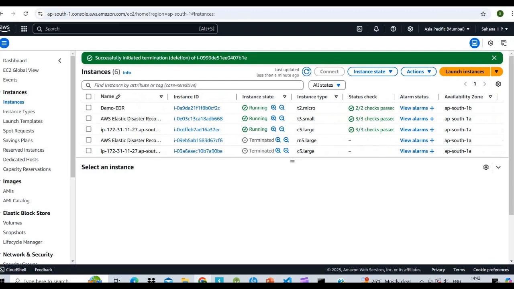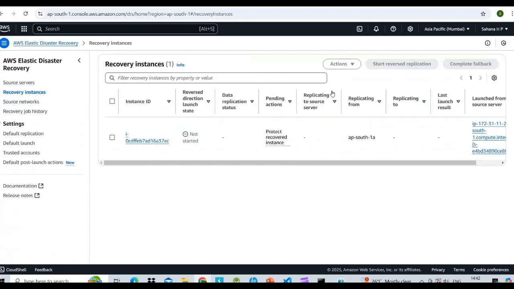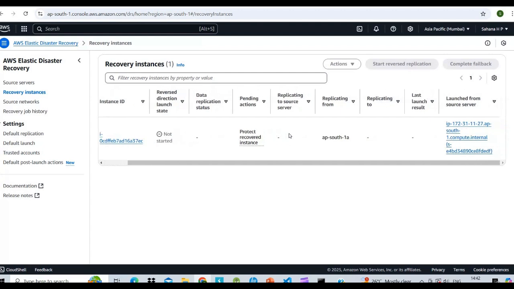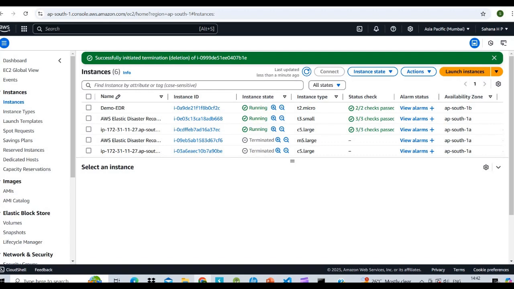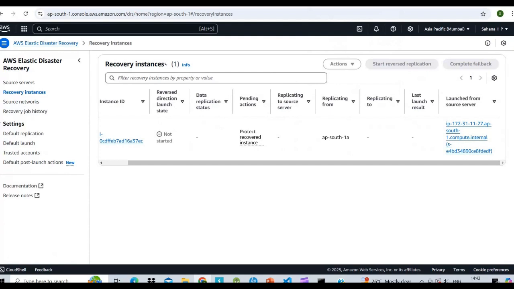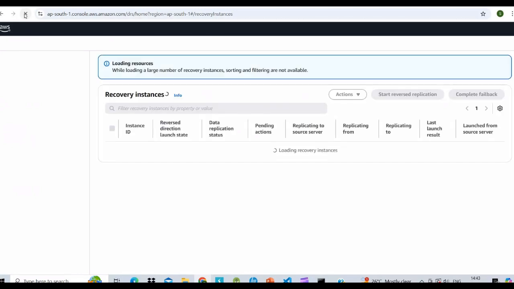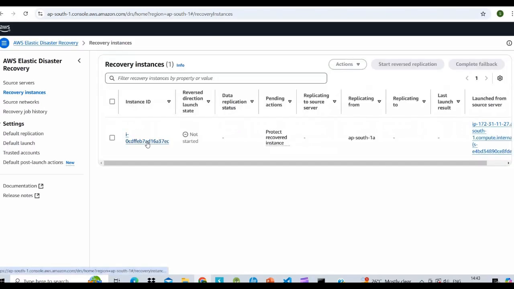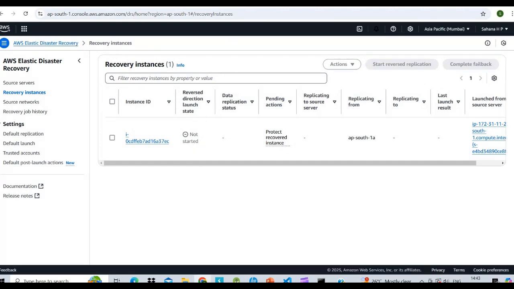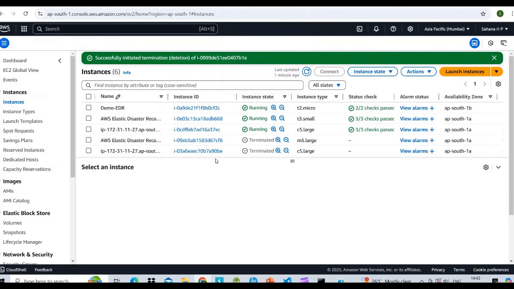When the recovery instance recovers the instances, it starts in the instances also. Just go to this recovery. Still it's not started. Once you refresh this page, it's still not started. It takes a few minutes. Go to instance.